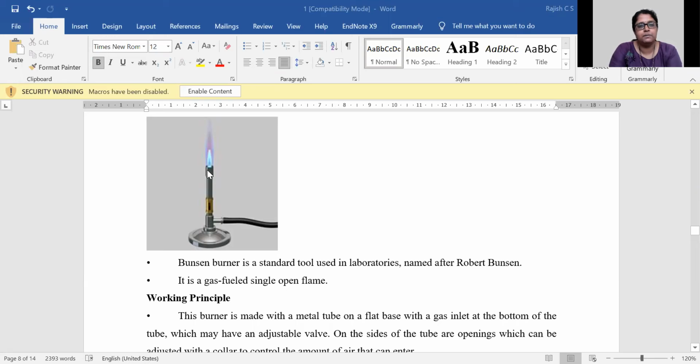You will show the neck of the conical flask containing the liquid medium or the agar medium to the flame, and then it will be sterilized, and you can pour from it without any fear of contamination from the bacteria that might have settled at the neck of your conical flask. You could also dip your L rods in alcohol and then heat sterilize them on the Bunsen burner, or heat sterilize your inoculation loop again after first dipping it in alcohol. That way, you could work in a sterile environment.